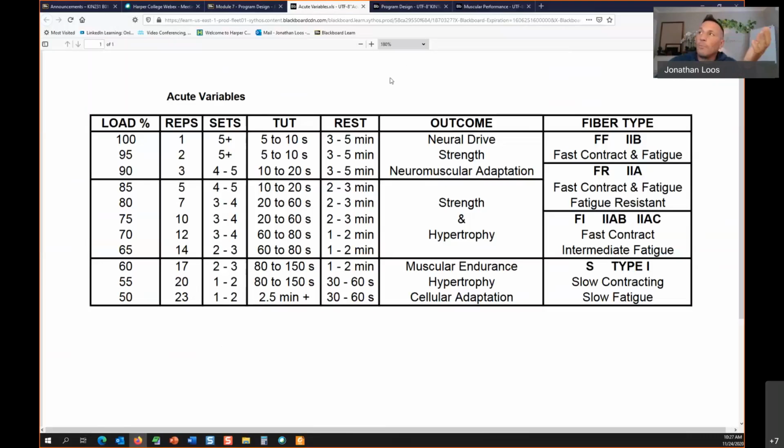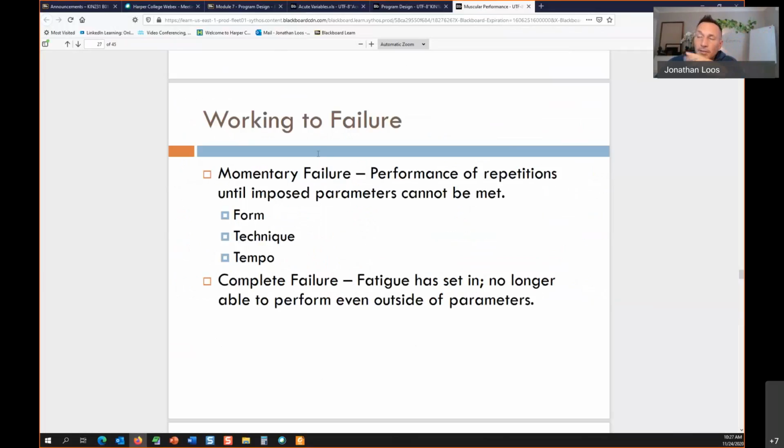Now, how that would be phrased is going to failure, and that means different things to different people. There are two types of failure. You have complete failure, which is total exhaustion, which you see when you look around the gym at people working out. That's when your form goes to shit, or you have someone spotting, and spotting is supposed to be for assistance or safety, but someone is doing these forced-out reps. That is going to 100% of your capacity. And if you look at your exercise intensity,